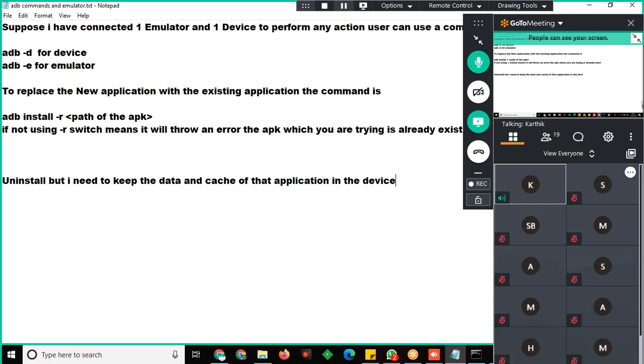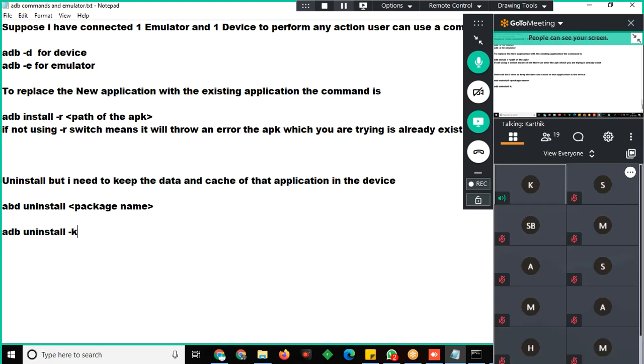To uninstall an application we use the command adb uninstall and then the package name. But it will wash out everything of the application, including the application directory and cache. But I need to uninstall the application and keep the data and cache memory. Very easy command: adb uninstall